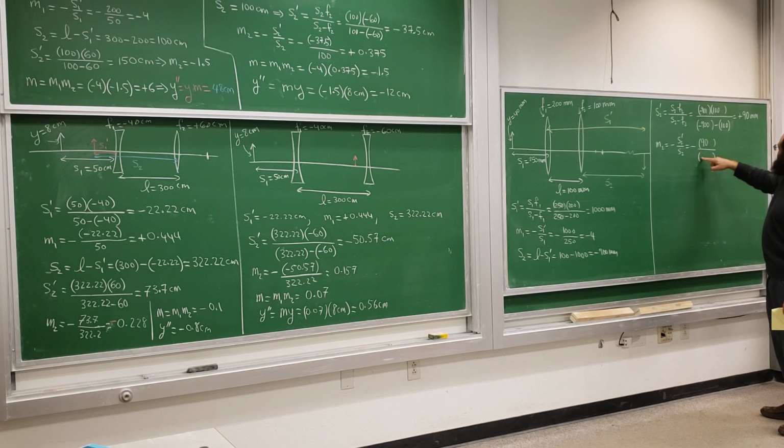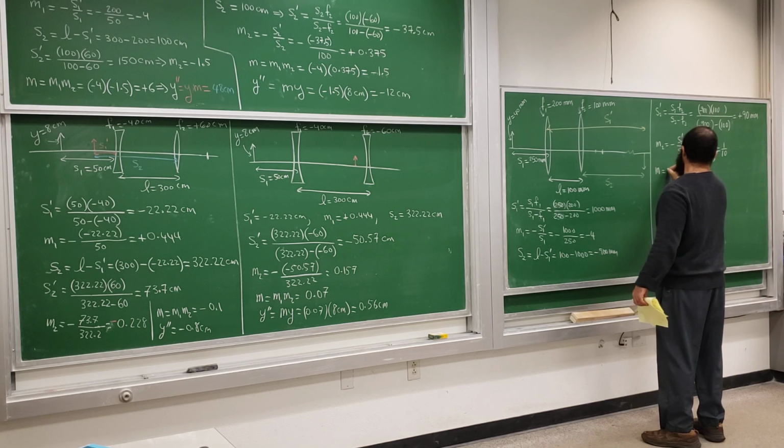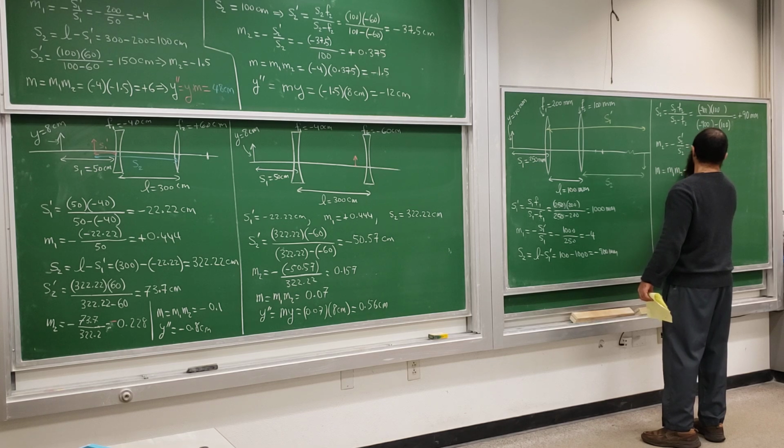And then S2 itself is how much? 900, I think. Negative, minus 900. And that's a tenth, isn't it? That's 1/10, positive. So therefore the total magnification would be M1 times M2, and that is